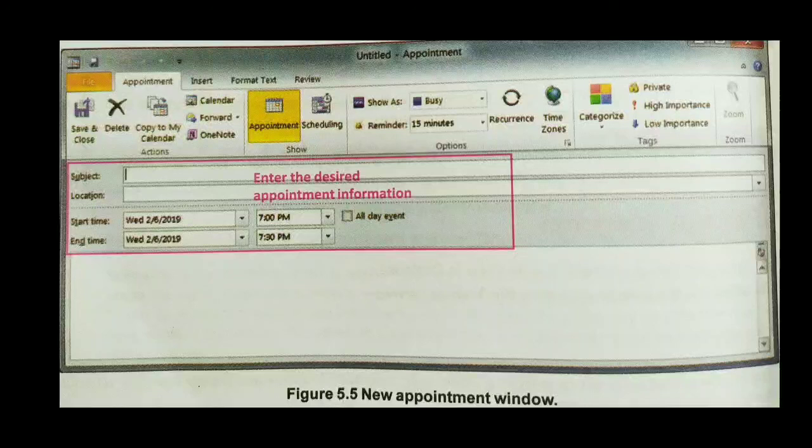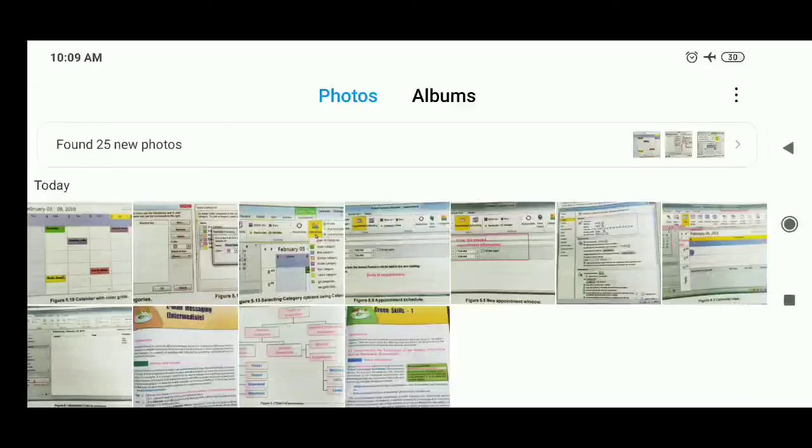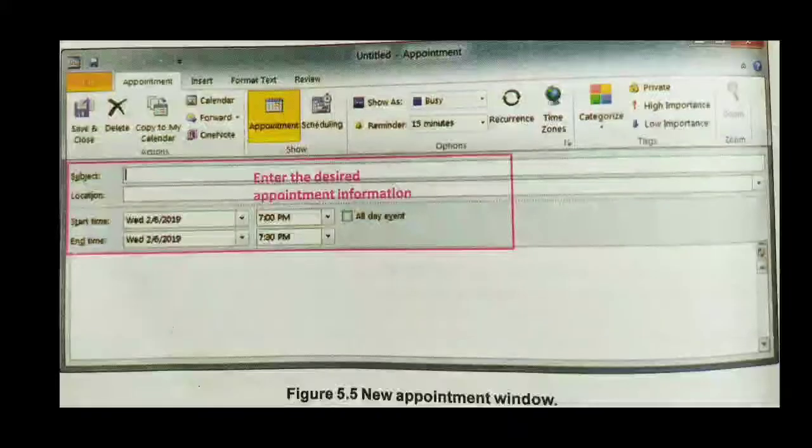So all of you know about recurrence. Recurrence means, suppose you have set one appointment on a particular day, then that will come again afterwards. We can know about recurring like this: in a bank, there is a recurring collection, the person is coming and collecting money from us on a daily or weekly basis. Like that, once you create your appointment, you can make it a recurrence. So on the same day or at the same time, that appointment will be recurring.